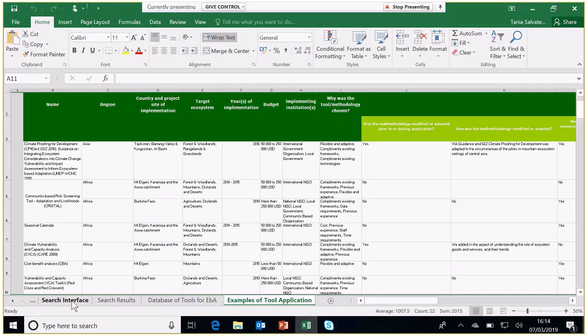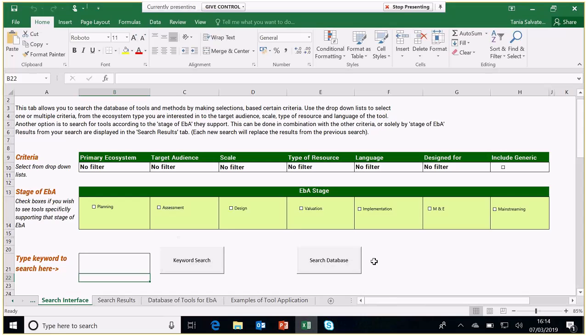Okay, so now back to the search interface tab. So in this tab, as I said before, you can search the database of tools and methods using different criteria that are most suited to you, whether it be ecosystem type, audience, type of research, language, or EBA stage.